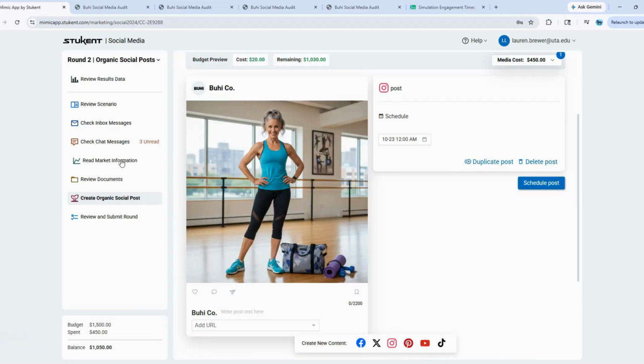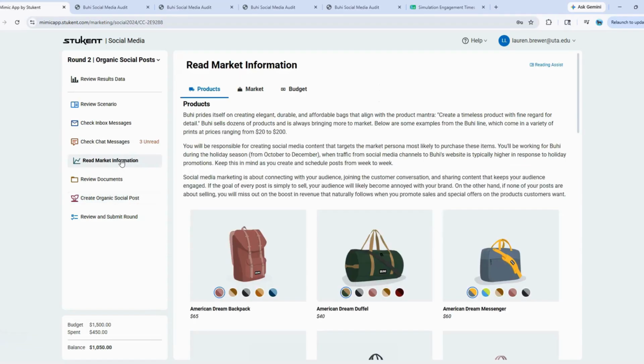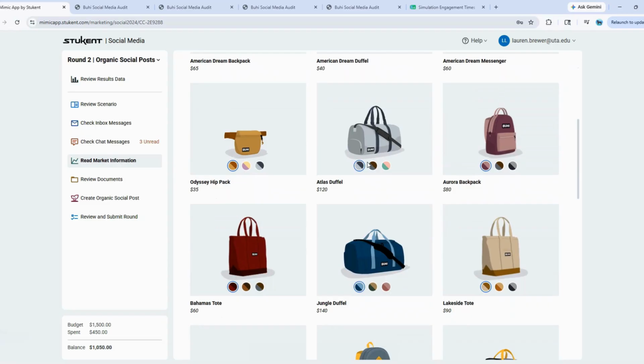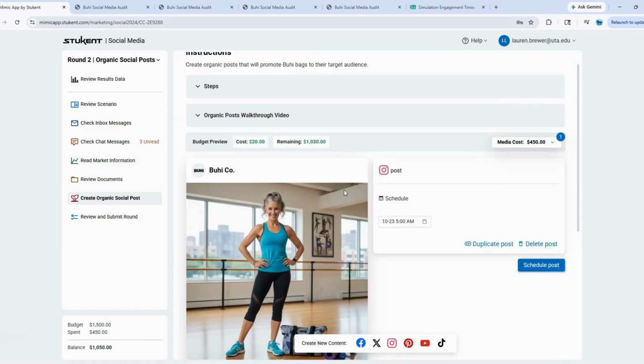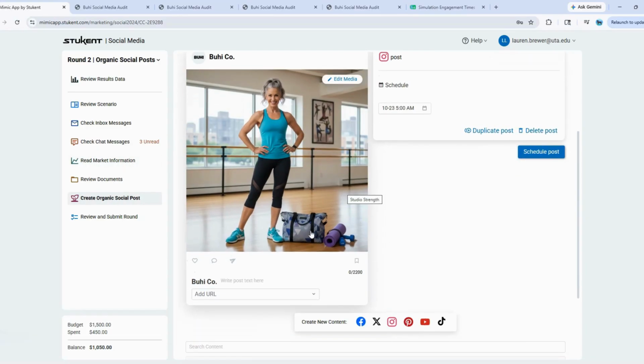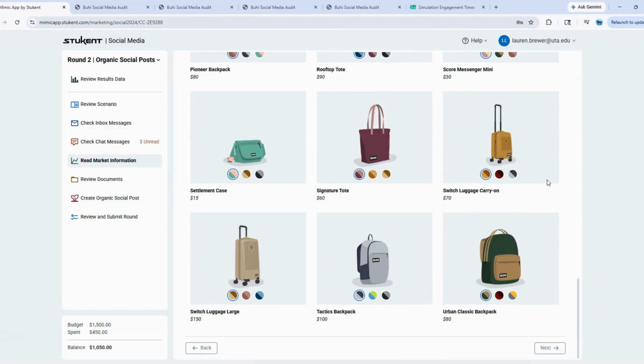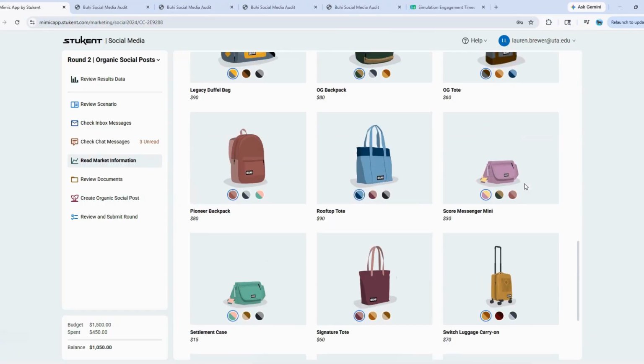All right, let's go over and look at our market information again. If we look at our Atlas duffel, this one is the one I wanted to focus in on. Let's see. It's not an exact match, although I'm not convinced any of these are an exact match for that visual.